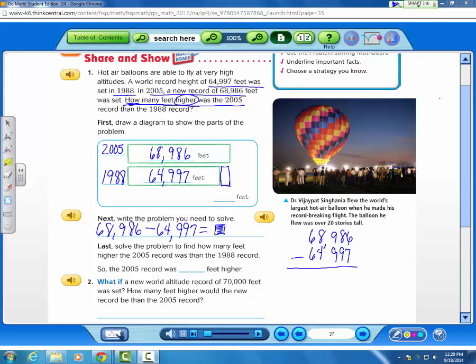Let's start subtracting. We can't do our first subtraction, so we come over here. The 8 becomes a 7. The 6 becomes 16. 16 minus 7 is 9. I can't take 9 from 7, so the 9 becomes an 8. The 7 becomes 17. 17 minus 9 is 8. 8 subtract 9 we can't do, so over here this 8 becomes a 7. This becomes 18. 18 minus 9 is 9. 7 minus 4 is 3. 6 minus 6 is 0. So the difference between the two is